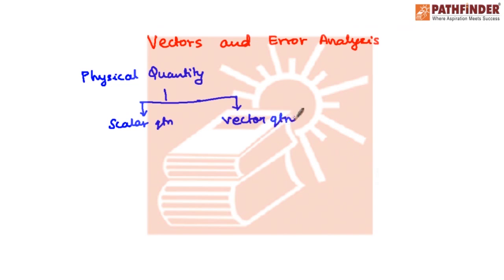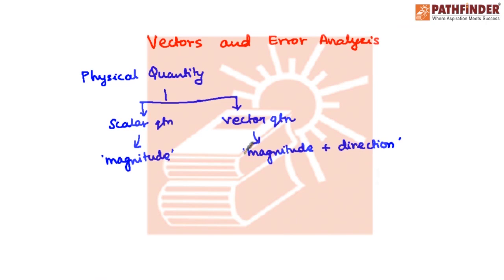Now when we say that the physical quantity is a scalar quantity, we mean that it is represented only in terms of its magnitude, and its magnitude gives us the correct explanation about what the quantity is about to tell us. And in case of a vector quantity, we have a magnitude as well as direction. We have both these aspects. We already know a lot of examples of scalar quantity like distance traveled, speed, current, pressure, and for vector quantities we have electric field, magnetic field, force, momentum vector, angular momentum.